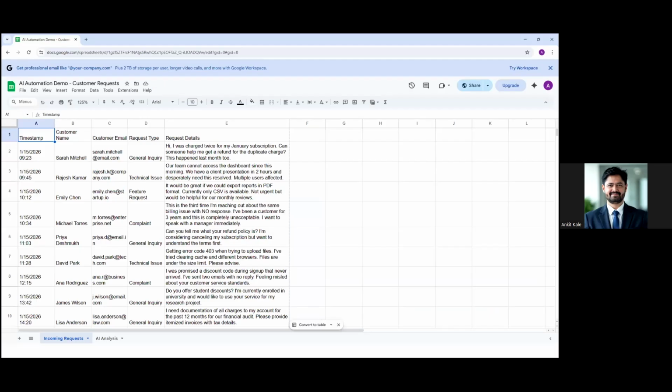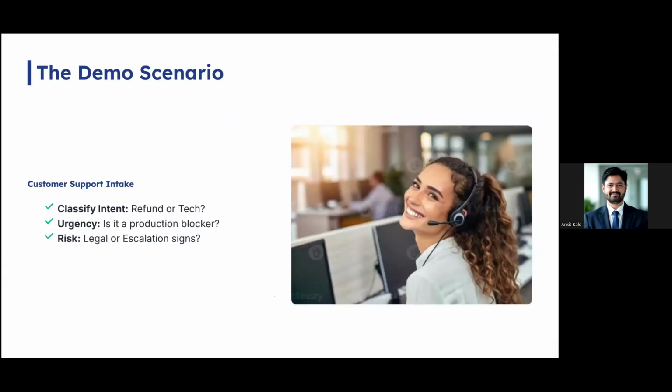So traditionally what we would do is build, let's say, hundreds of if-then rules. It can work great until someone writes, I need this to be handled quickly, instead of urgent. This rule is something that we have missed. But using AI, it understands that quickly, ASAP, urgent, and time sensitive all mean the same thing. And humans still control what happens next in the process.